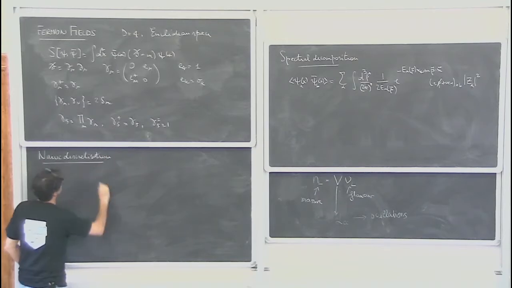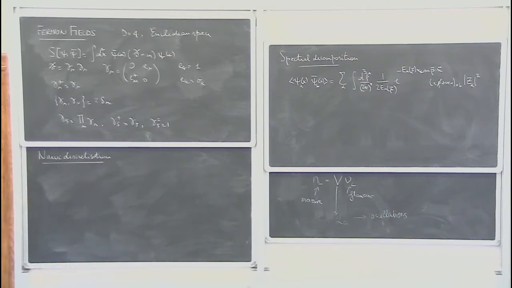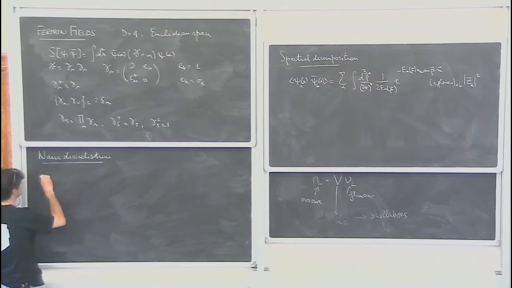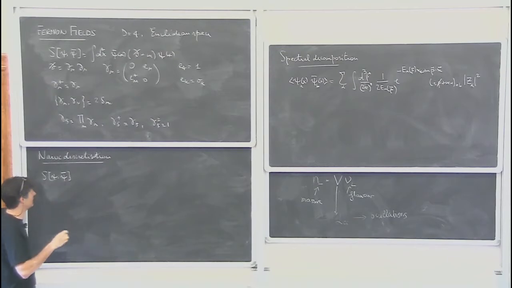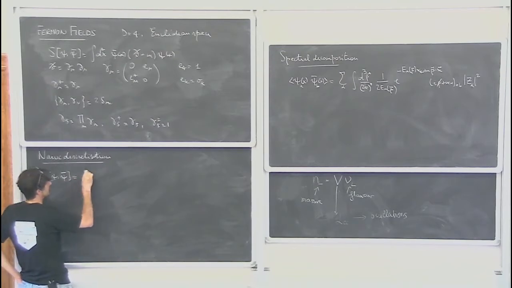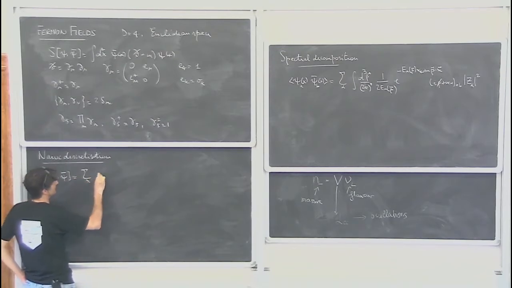So we're going to replace the integral with a sum over all the lattice sites, and we're going to replace the derivative with a finite difference. So my lattice action, now remember the fields are matter fields, they're defined on the lattice sites. So this is the sum over x,